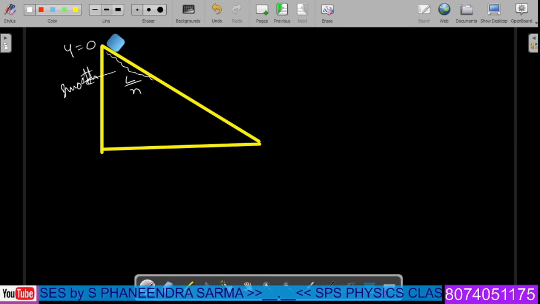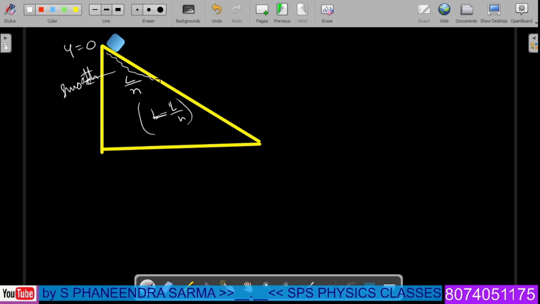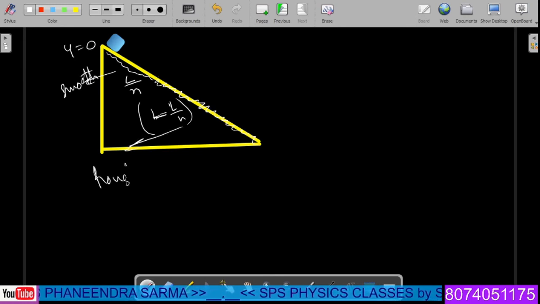And the remaining surface, that means L minus L by N, this particular portion is rough surface. Then here at the intermediate point, velocity is v1 and final velocity is